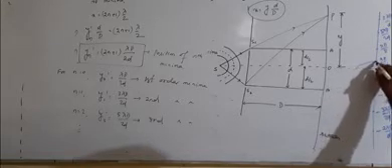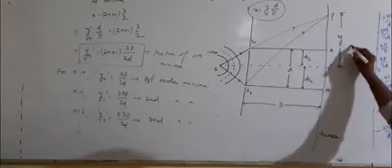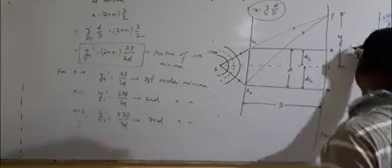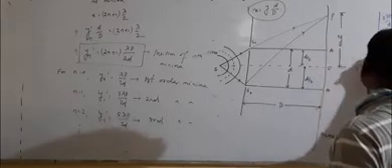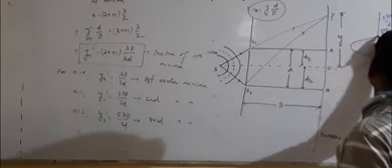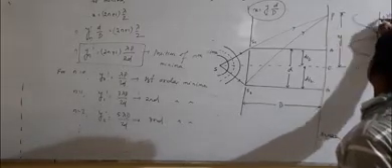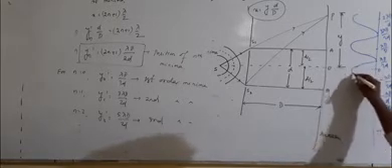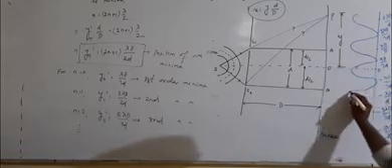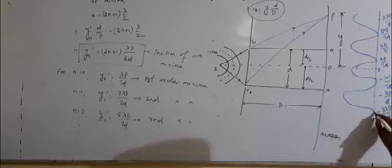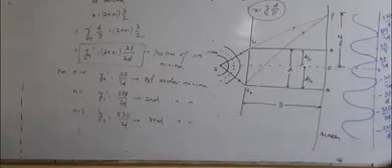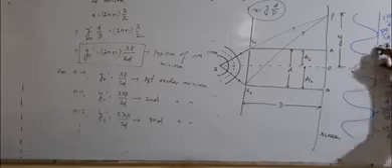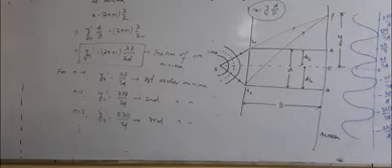So at this position we are getting minima, then here we are getting maxima, at this position we are getting maxima, at this position we are getting minima. So you see here, you have to draw the diagram. This is the minima, this is the position of maxima. Then you see here, this is the position of minima, this is the position of maxima, this is the position of minima, this is the position of maxima. Like this, minima then maxima, minima then maxima, minima then maxima. Like this they are obtained on this screen.